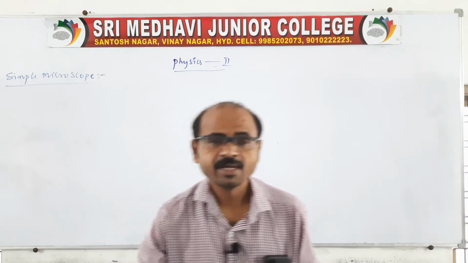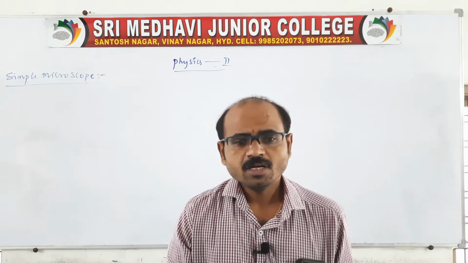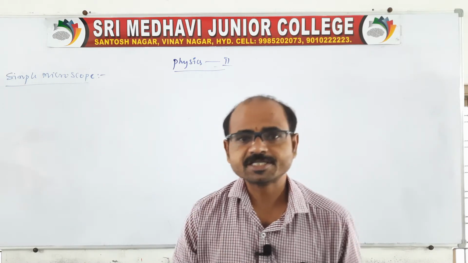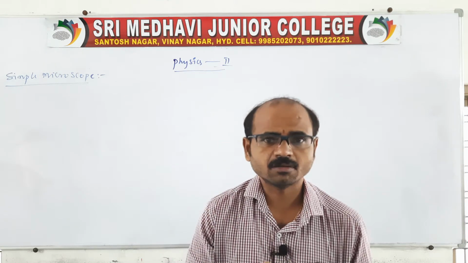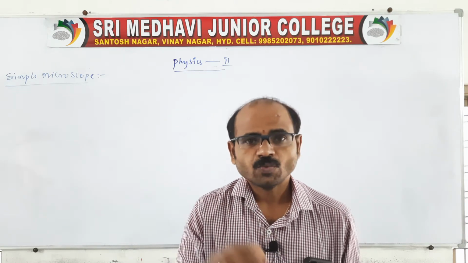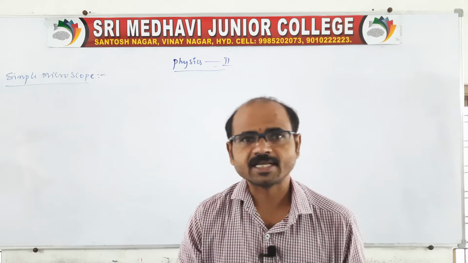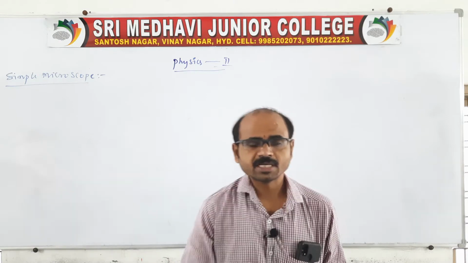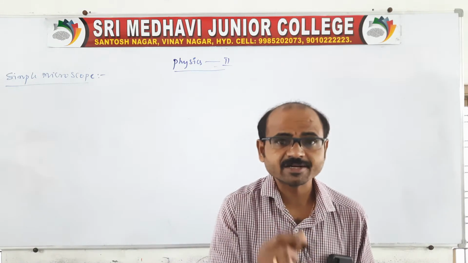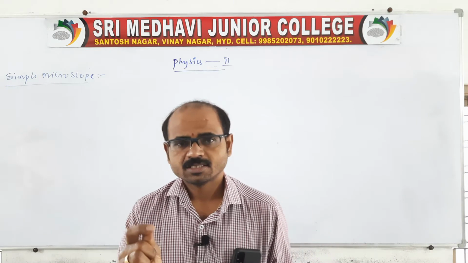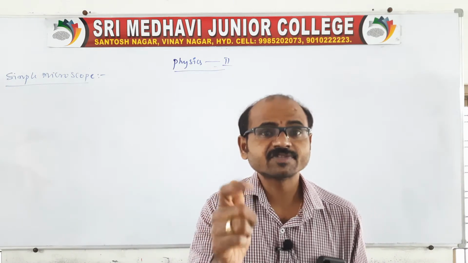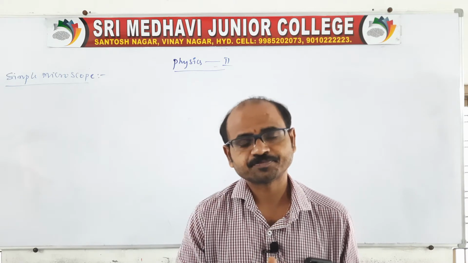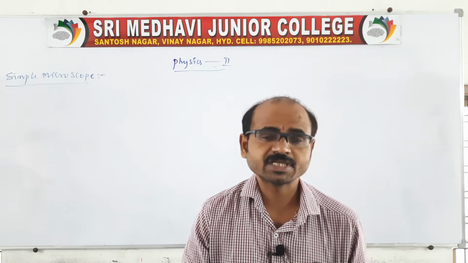Now, that is without any instrument. Let us come to optical instruments. As I already told you in the previous class, one is the microscope and another is the telescope. What is a microscope? A microscope is the instrument used to see small particles, to increase the size of the image, or we can say to increase the size of the visual angle. That's what we use microscopes for.